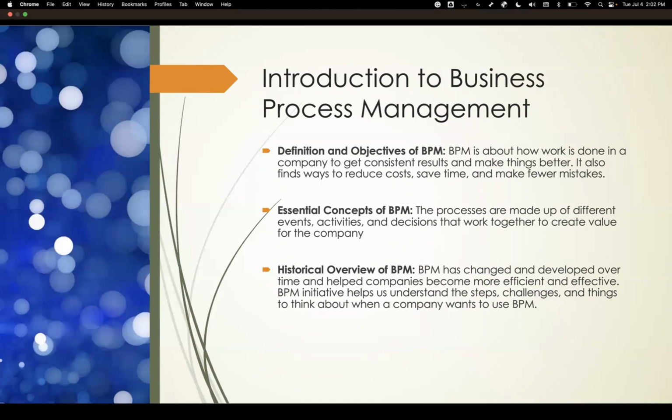Essential concepts of business process management. The processes are made up of different events, activities, and decisions that work together to create value for the company. Historical overview of business process management. Business process management has changed and developed over time and helped companies become more efficient and effective. A business process management initiative helps us understand the steps, challenges, and things to think about when a company wants to use business process management. Moving to the next slide,